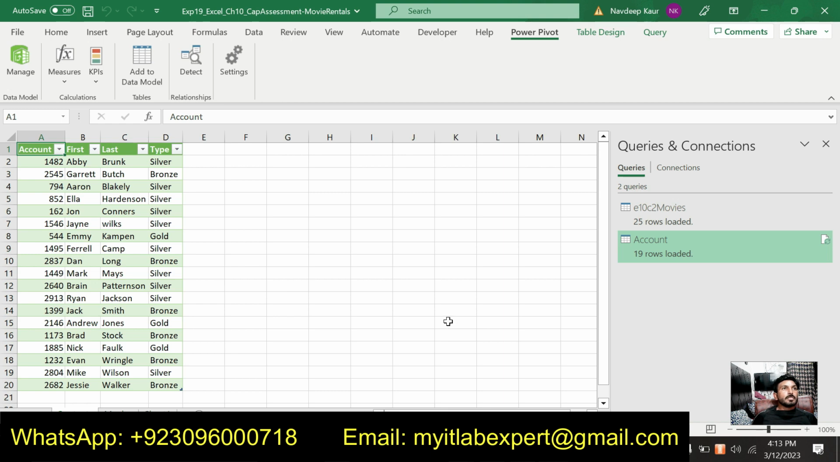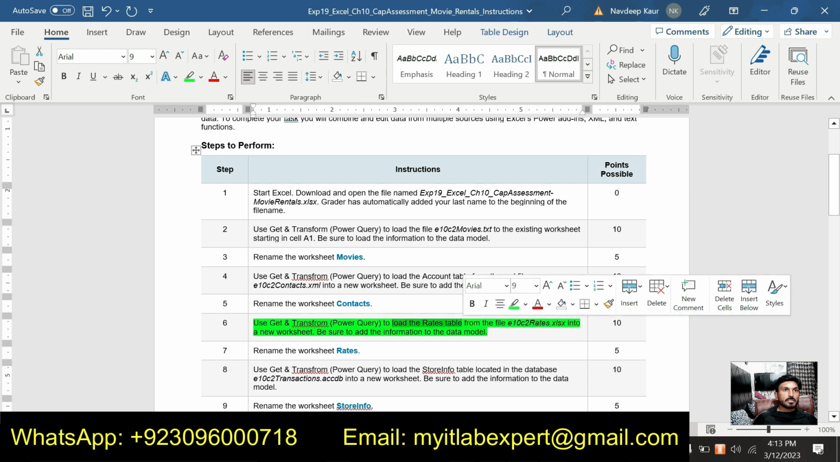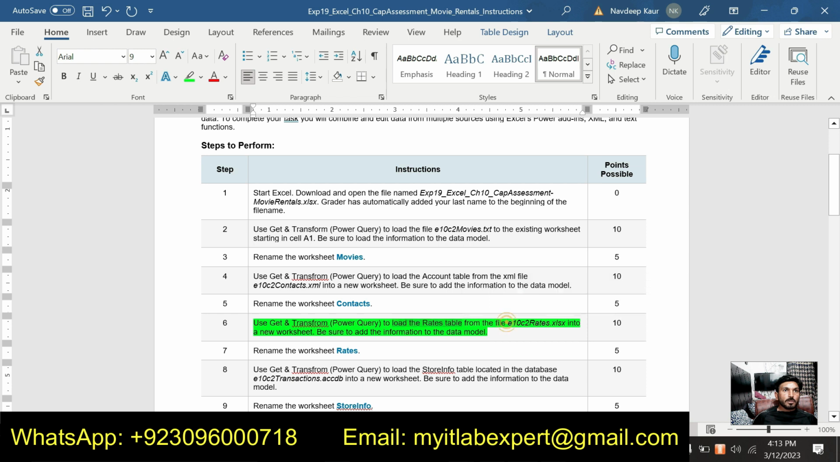So we are done with this one. Now we will move to the next step, and the next step is step number 6. Step number 6 is to use Get and Transform Power Query to load the rates table from the Excel file to the new worksheet. So we are supposed to load the rates table, this one. We are importing this from the Excel file, and then we will